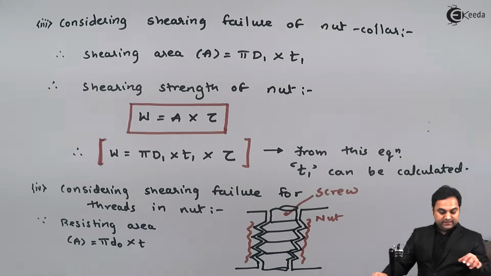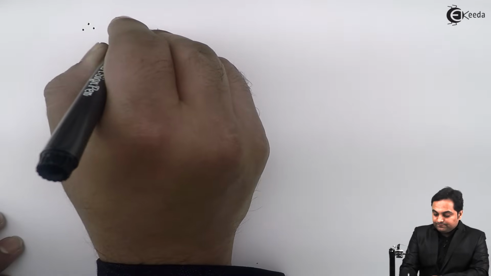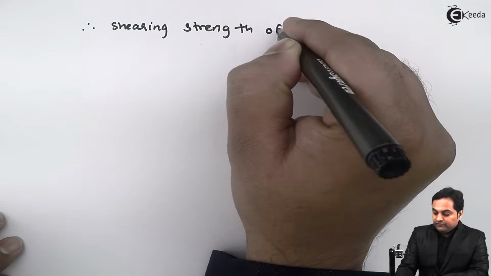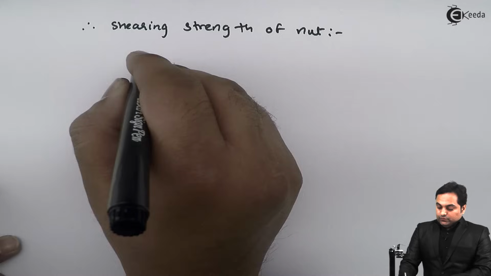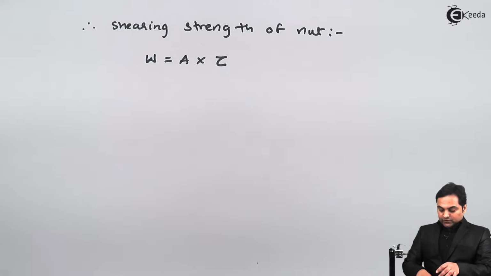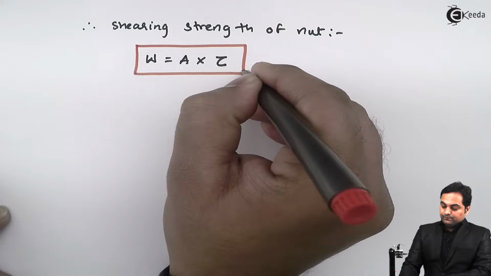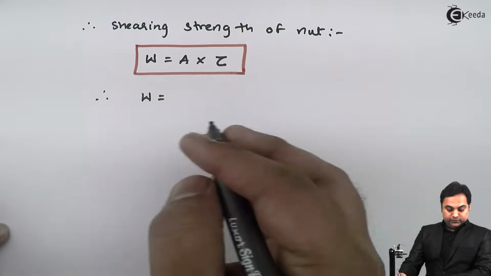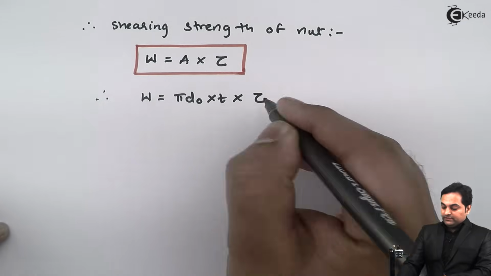And therefore I can say that from this, the shearing strength of nut is equal to area multiplied by shear stress, because we want shearing strength. So therefore W is equal to area, which is pi DO into T, multiplied by tau,